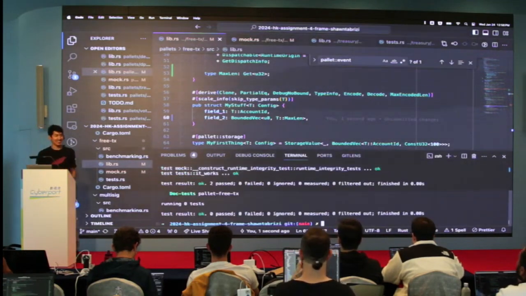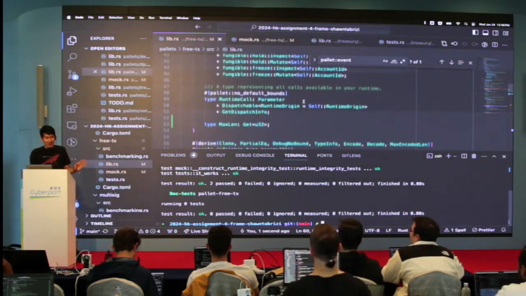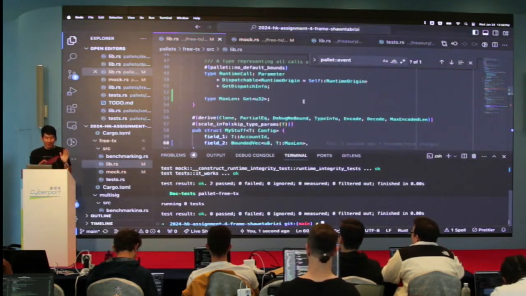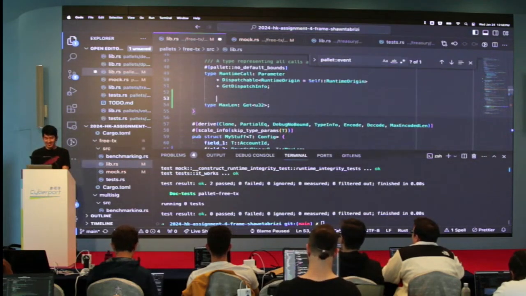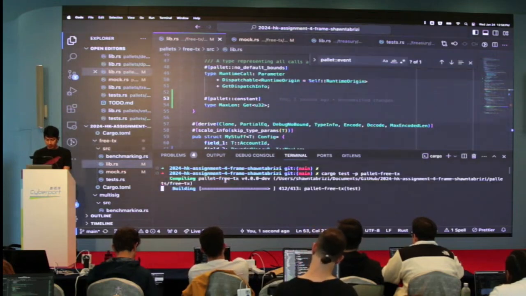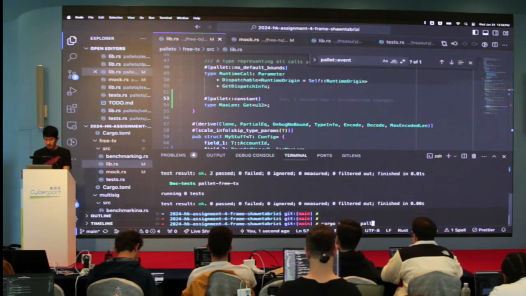It's fine. Dude, Substrate premium, it's like $10 a month, and all the errors go away. But you do pallet constant, because this is better. Alright, so this is working, and in order for my runtime to compile, let me cargo build.